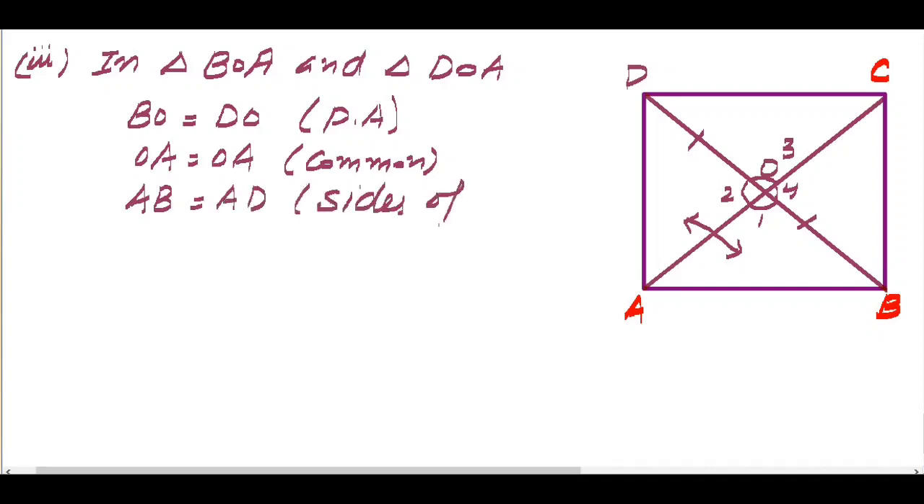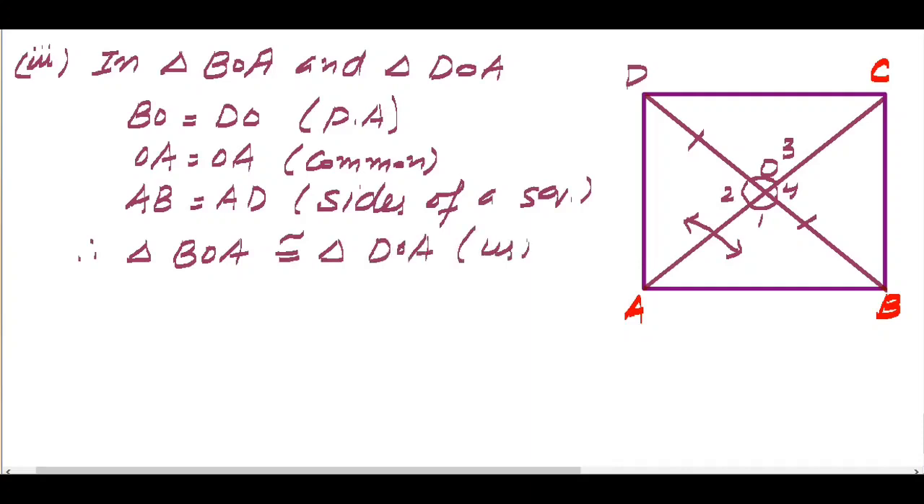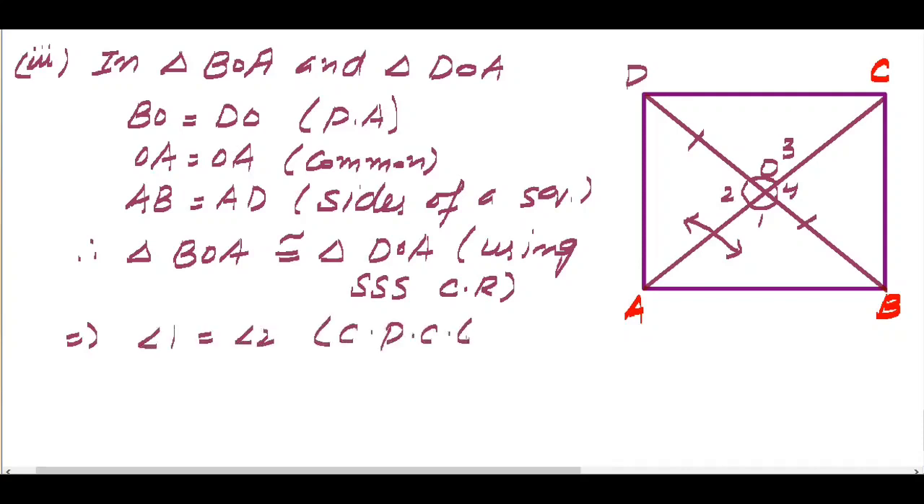Sides of a square. So by the SSS congruency rule, the two triangles are congruent. So triangle BOA will be congruent to triangle DOA using the SSS congruency rule. When they are congruent, this implies angle 1 must be equal to angle 2 by CPCT, corresponding parts of congruent triangles are equal, but